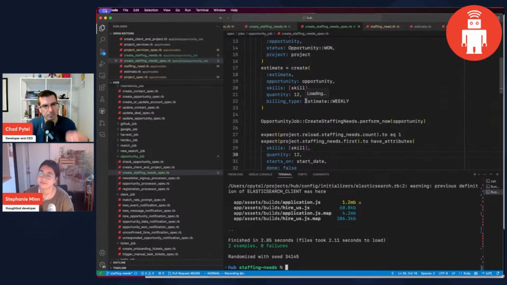I could be wrong, but I think we might be at the point now where what we set out to do is working, and we should be able to actually do it, but we have more things we need to change from weeks to quantity. So I'm going to run the feature specs that we have covering this feature. And that should fail because the UI is going to be